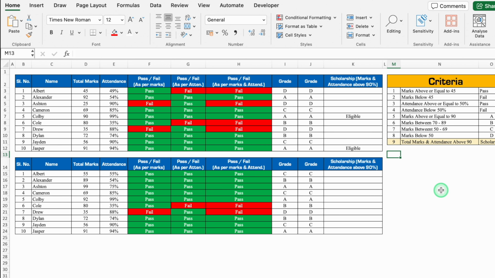Over here one criteria got increased, and that is if total marks and attendance is above 90% or 90, the candidate will be getting scholarship. So let's see what we are going to use over here, if or ifs. And over here we will have to use if with and. So the function or formula will be